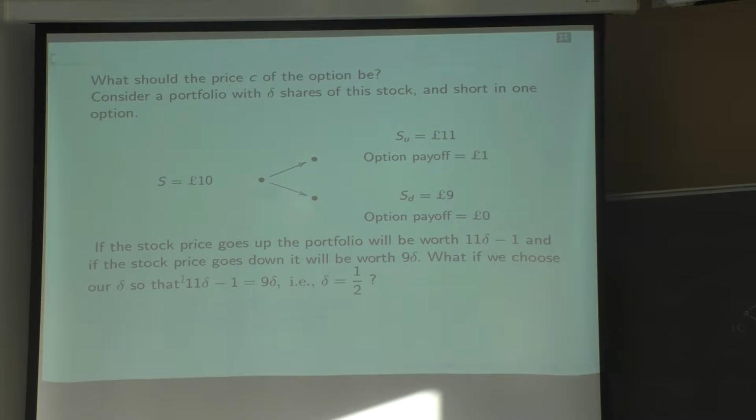And then we said, okay, so in this portfolio, no matter what happens in the future, it's always going to be worth the same. So for example, let's take this expression for the value of the portfolio in 1 year to calculate how much it's going to be worth. So we have 1/2 times 9, which is £4.5. So no matter what, this portfolio is going to be worth £4.5 in a year.